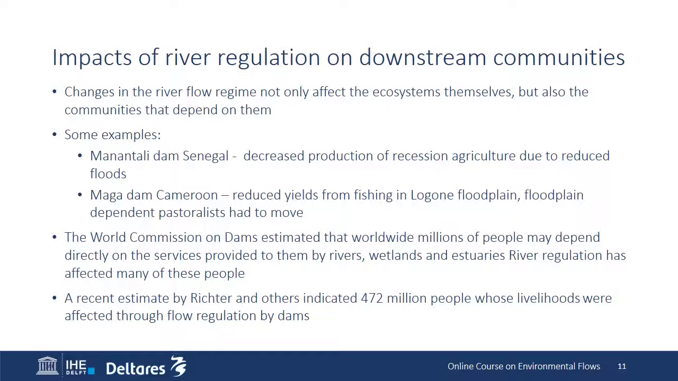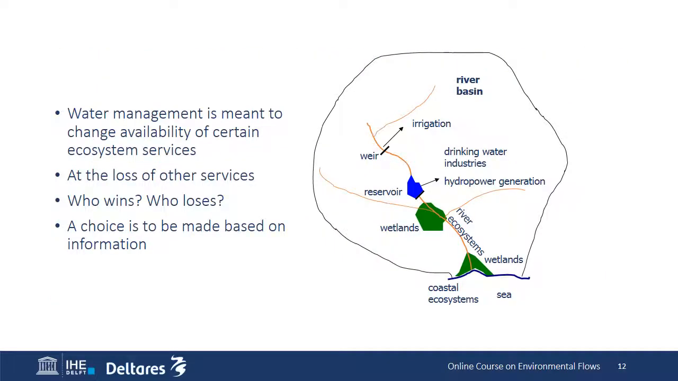So, what does this mean? Does it mean that we should no longer build dams for hydropower generation and no longer irrigate agricultural land? Well, I don't think that should be the case, because the world needs sustainable energy and we need to produce food. I think what is most important is to realize that